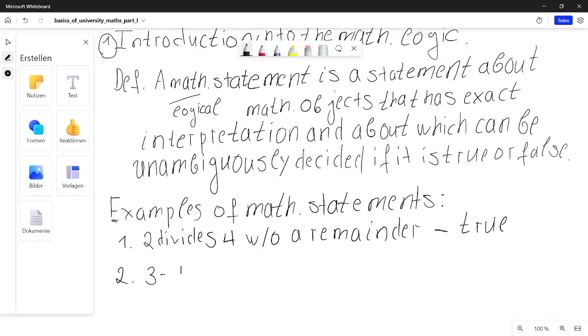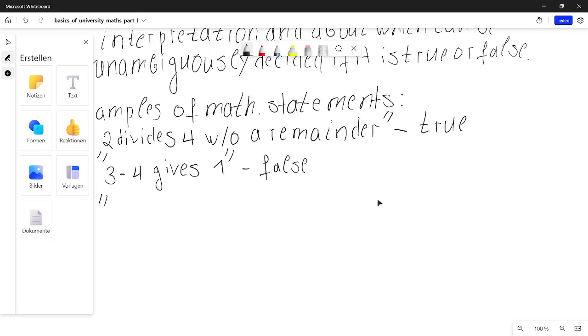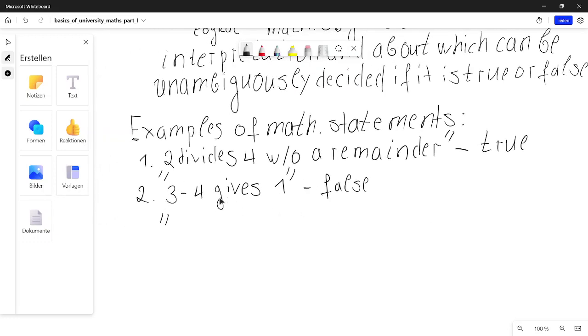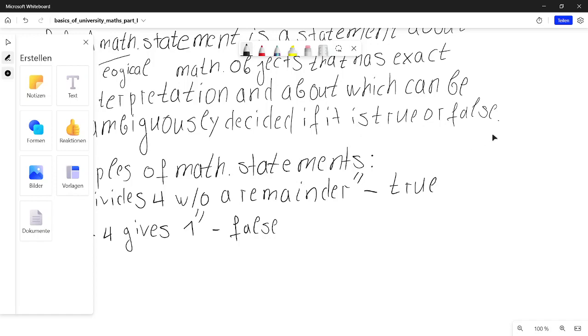Right. Another example, 3 minus 4, of course within the integers, gives number 1. This is a false statement. Pay attention, despite being false, this is a mathematical statement. It's just put in parentheses here. It is a mathematical statement, but its truth value